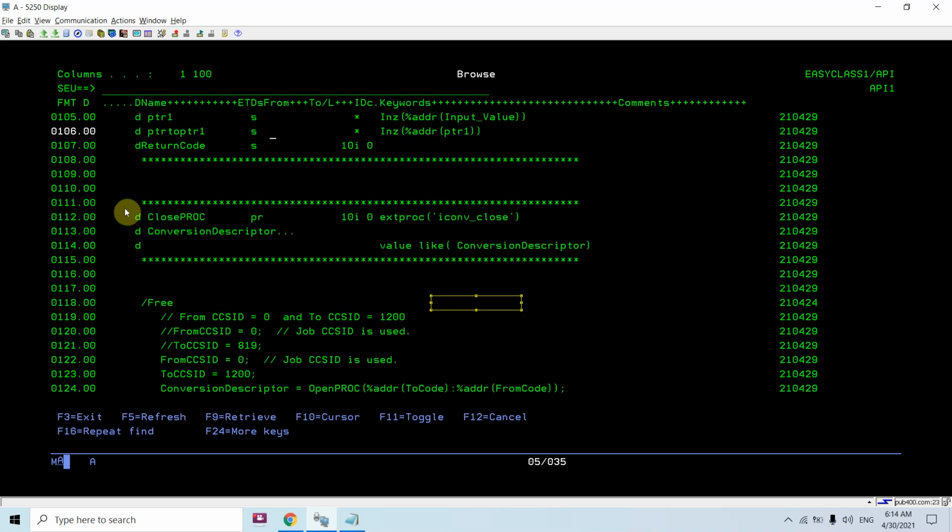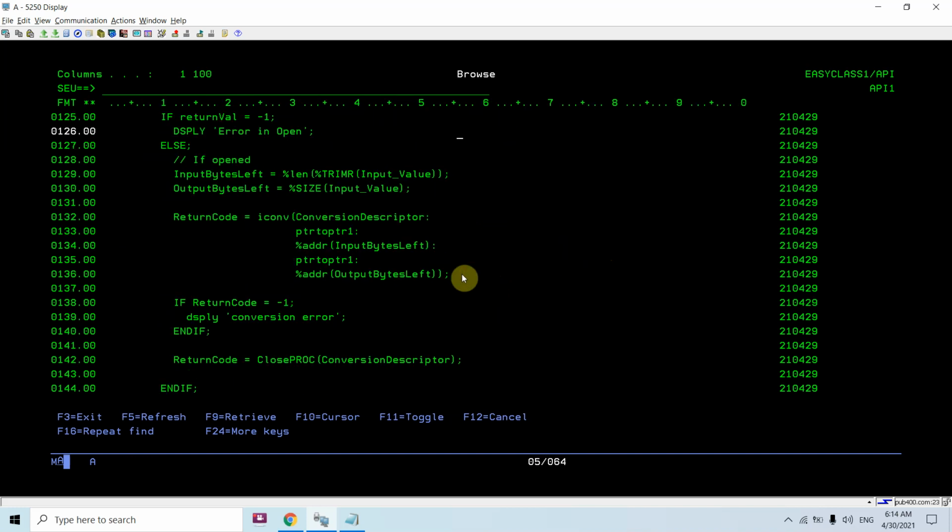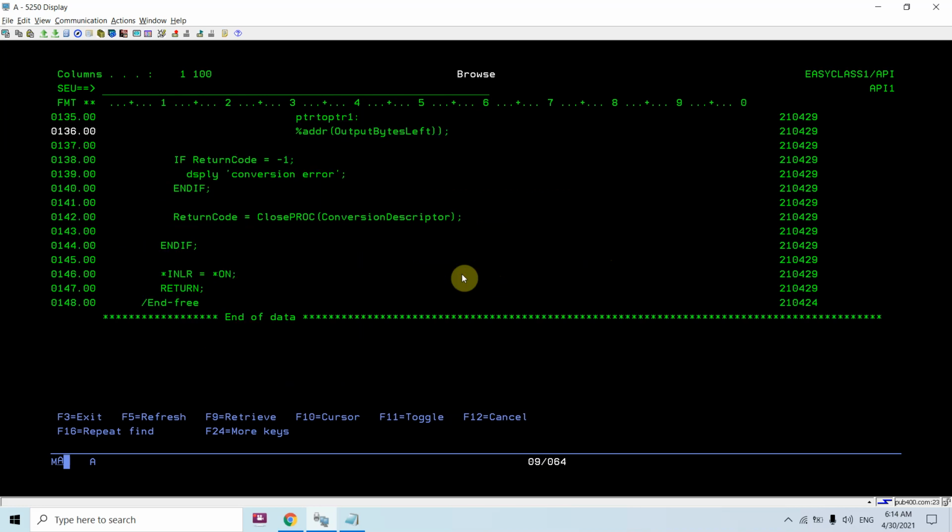Now once we are done with the conversion, so I'm executing this only once, we'll close this using the iconv underscore close procedure, which is basically the close proc here, and we need to pass the conversion descriptor here only. Once it is closed, it will return the return code. If it is 0, it means it is closed.